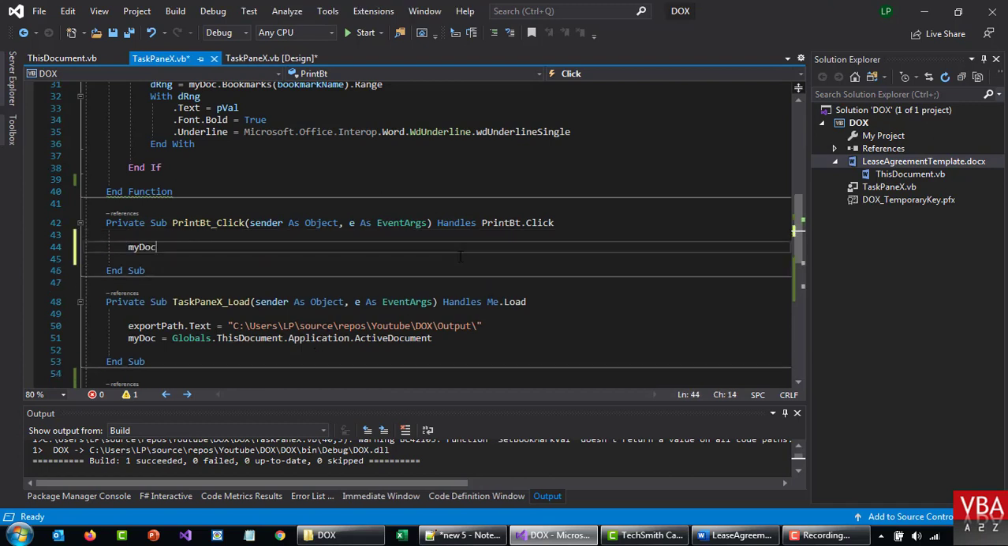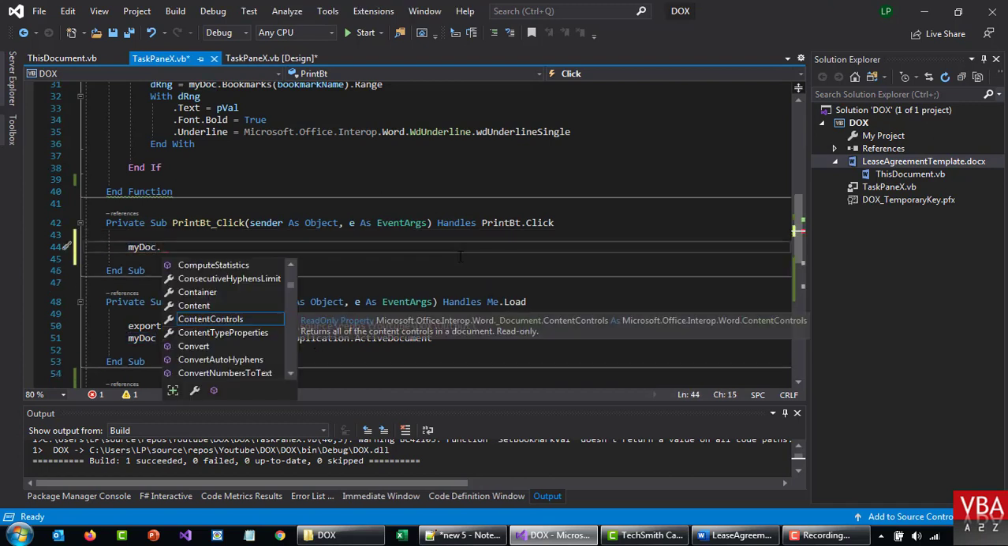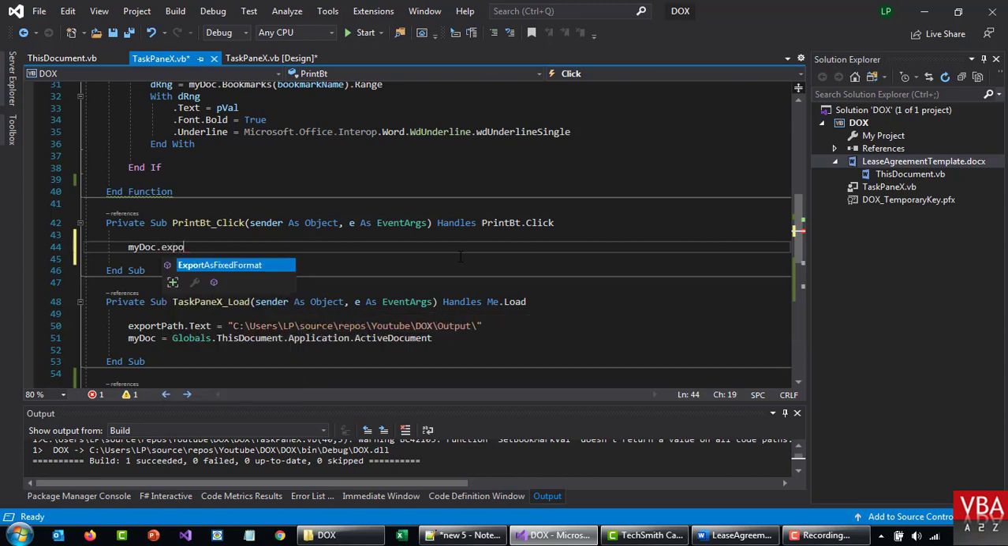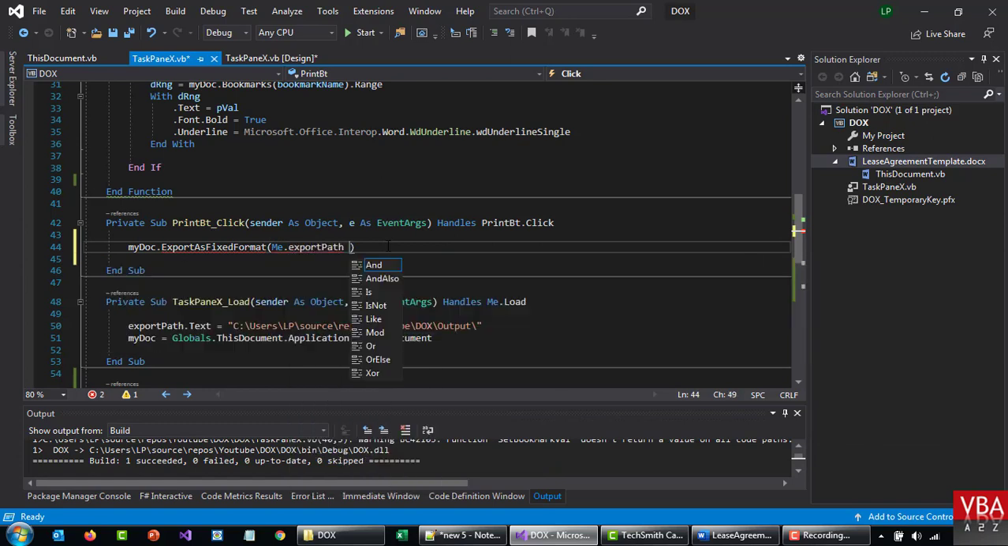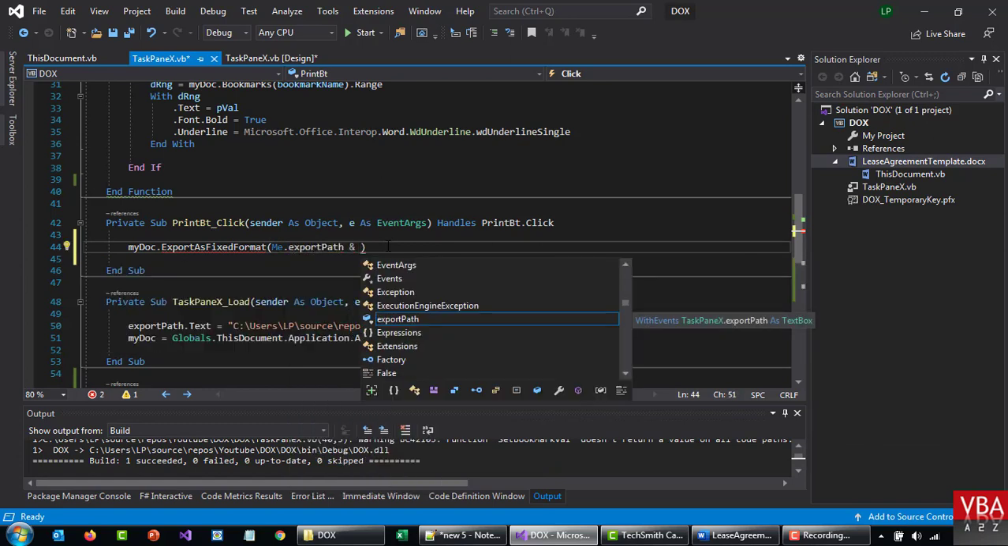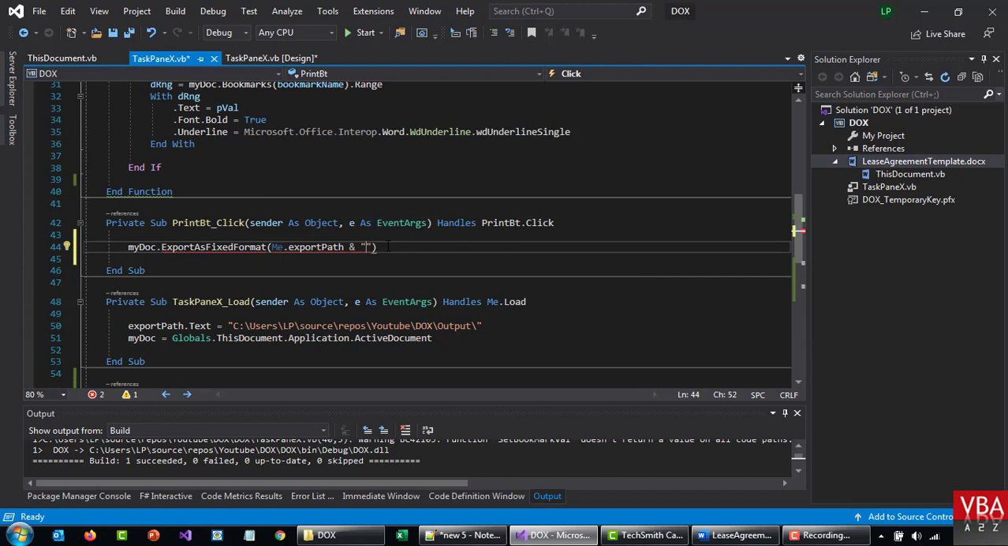Now we'll just export this to PDF. Let's use export as fixed format, and then this is where we're gonna specify the path. So this is gonna be export path, and let's call this file name as me.tenant.text, and then we'll call this .pdf,